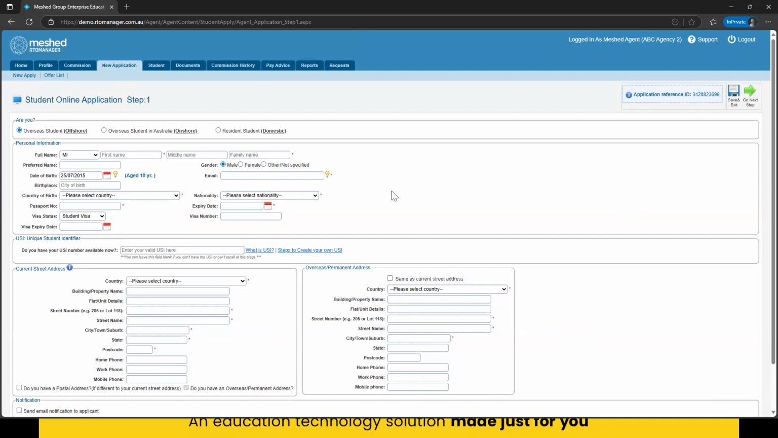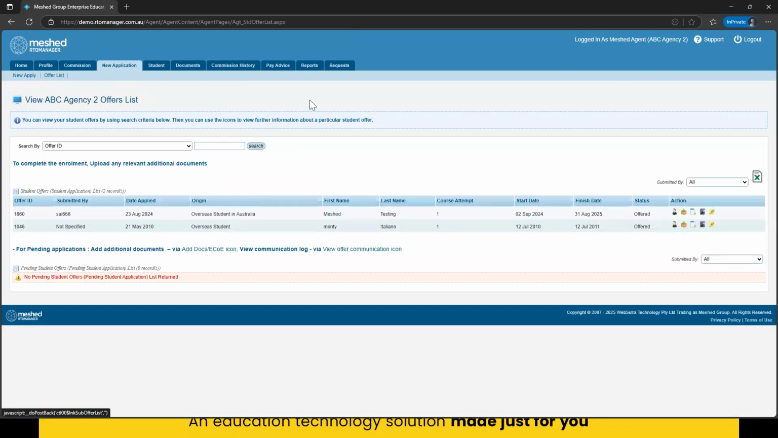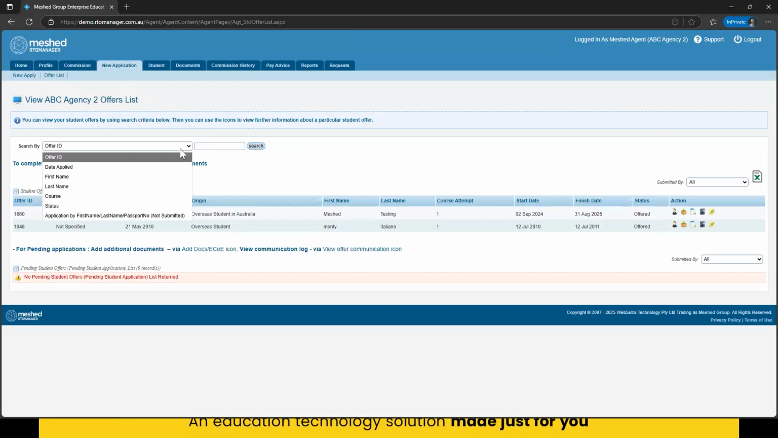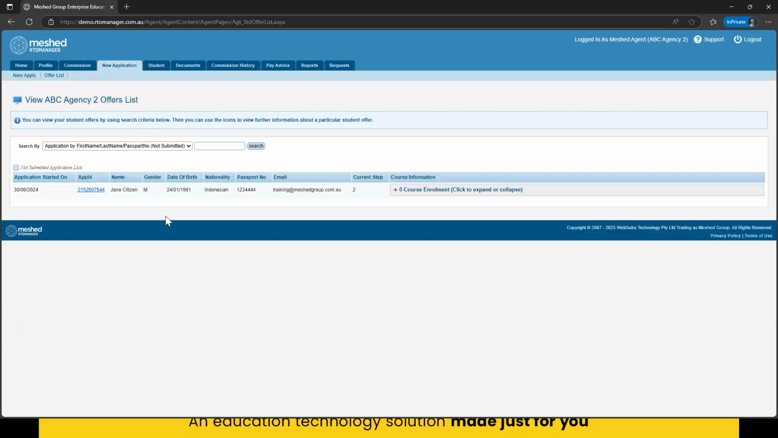Once the application is submitted, they will land under your offer list. Now, for those applicants which you have saved halfway through and have not completed the submission, you will also be able to see them under the offer list, but within the filter or the search by option that says application by first name, last name, date of birth, there is an option within a bracket saying not submitted. If you click on this one, you will be able to see the list of applicants where you may have